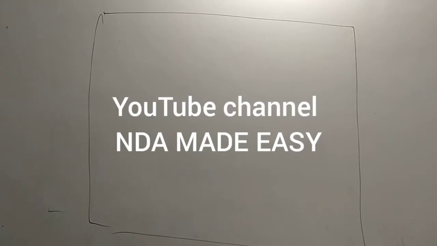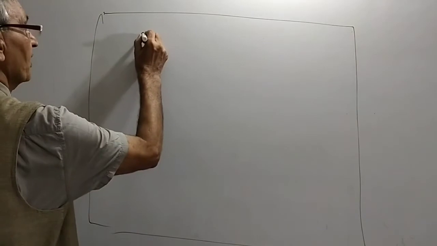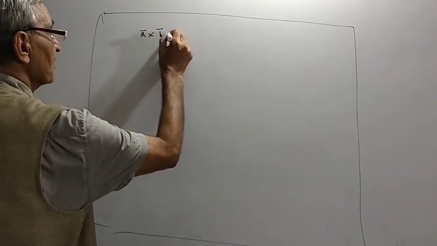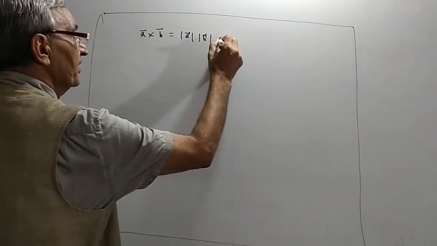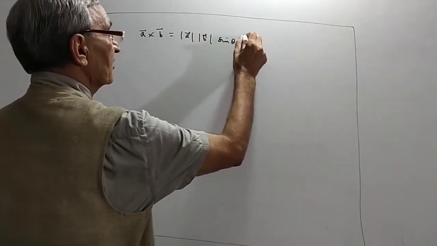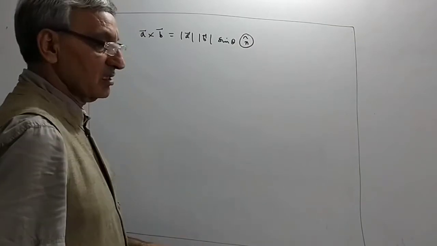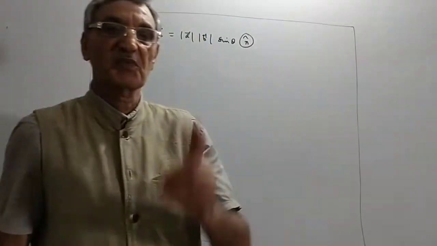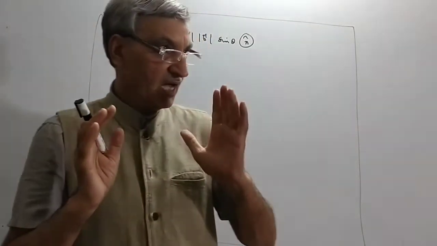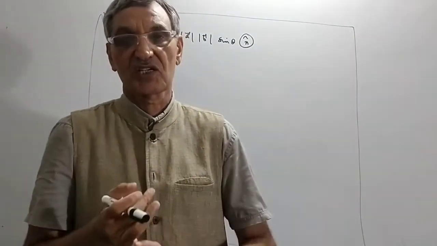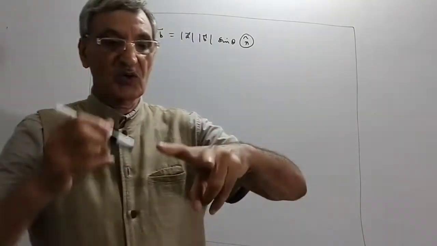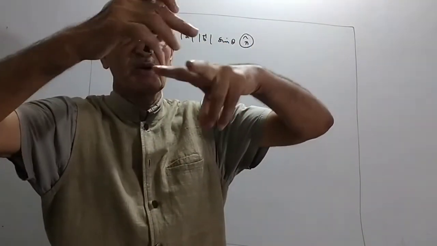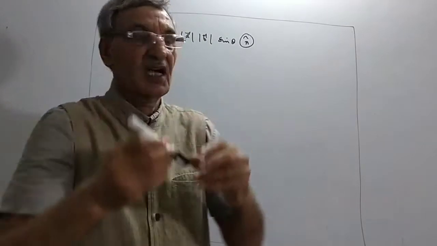वेल फ्रेंड्स, आज हम आगे बढ़ाते हैं वेक्टर्स को और आपको मैं वेक्टर प्रोडक्ट ऑफ टू वेक्टर्स जो पढ़ाया था, उसके सवाल करूंगा। ये हमने बताया था कि |A||B| sin θ, और ये वेक्टर होता है। ये वेक्टर डायरेक्शन बताता है A cross B की। A cross B एक वेक्टर क्वांटिटी है और इट हैज ए मैग्नीट्यूड एज वेल एज ए डायरेक्शन। सो आई टोल्ड इट यस्टरडे कि इसकी डायरेक्शन क्या है। ये परपेंडिकुलर टू A एंड परपेंडिकुलर टू B।